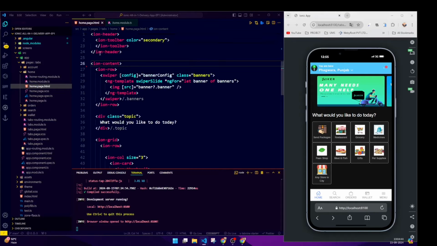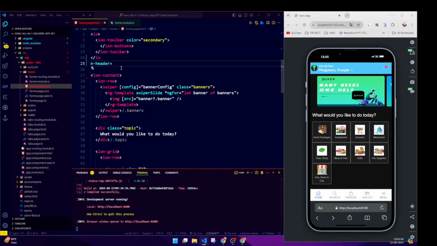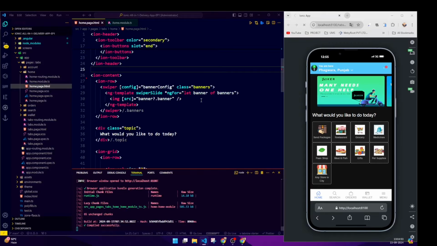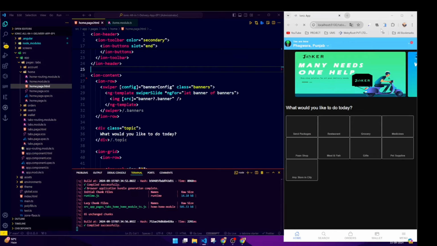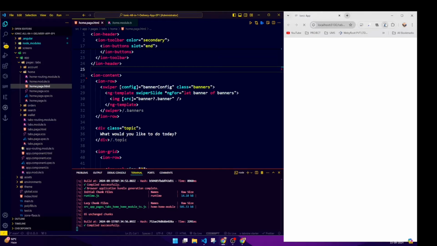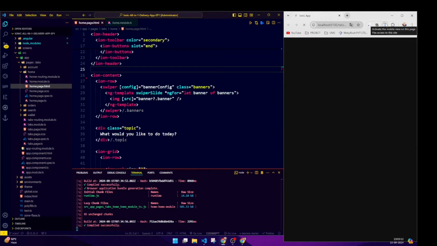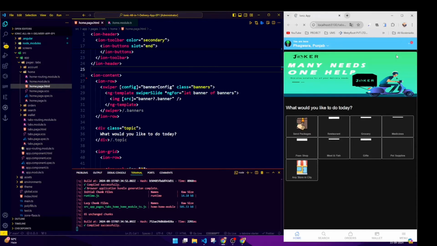In HTML and Bootstrap we use a carousel, but in Ionic I'm using swiper in place of a carousel. So next we move on to the content section where we have the swiper carousel. Swiper is a popular library used to create a